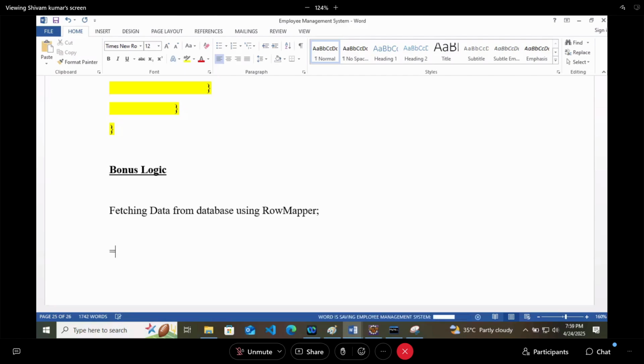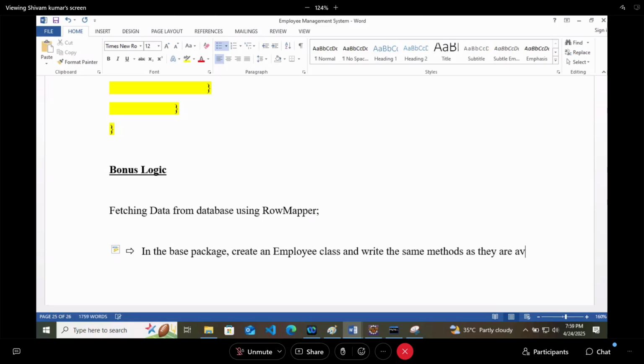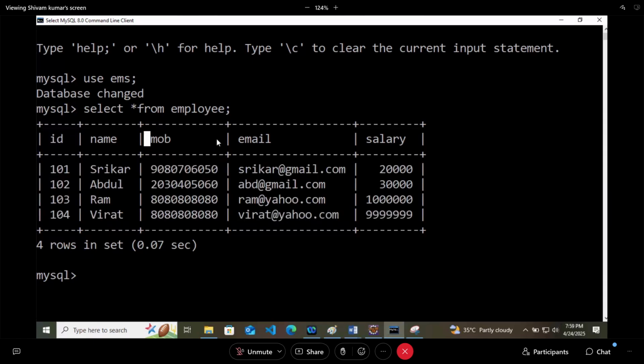So how will the steps go: in the base package, create an employee class and write the same fields as they are available in the database. So how are they available in the database? 5 fields we are having: ID, name, mobile, email, and salary. Only ID and salary are int, rest are string.